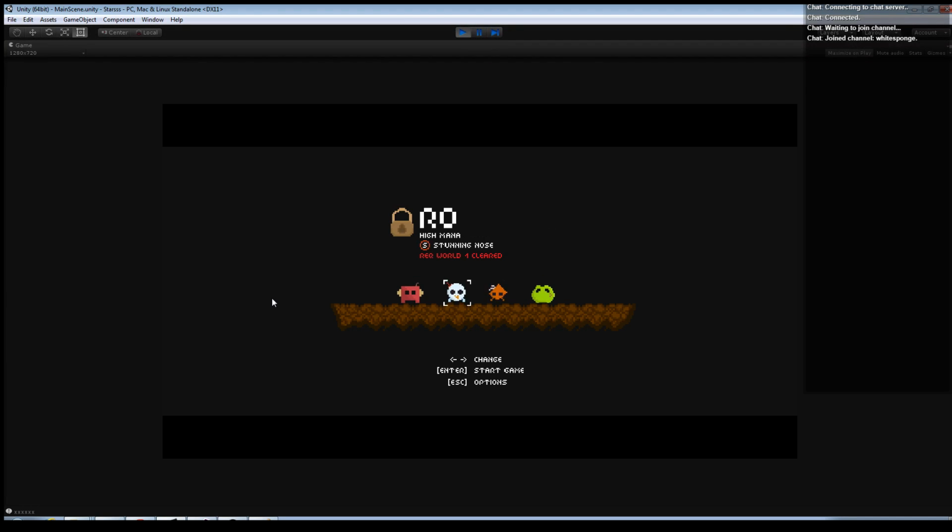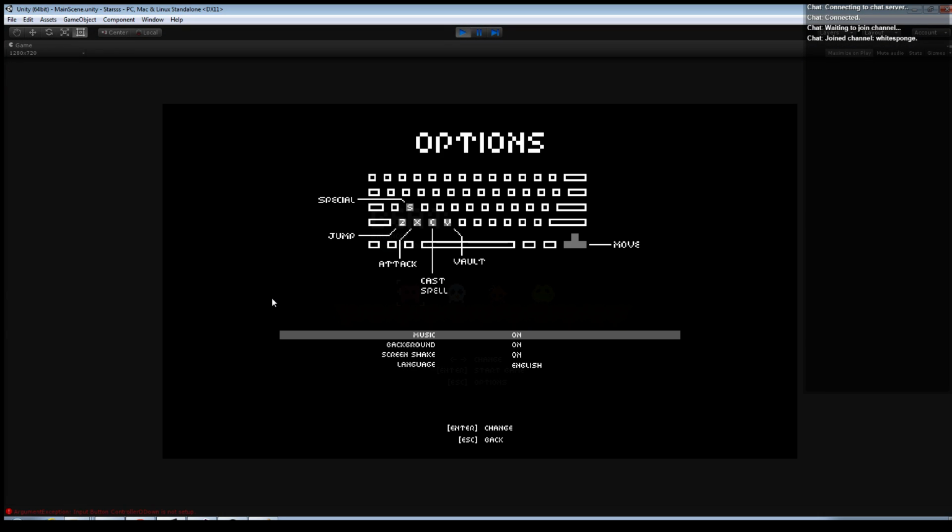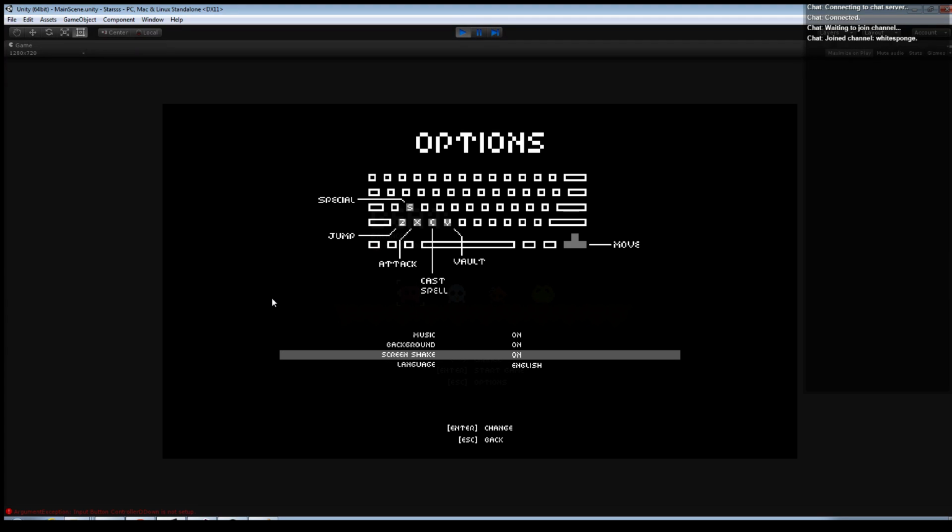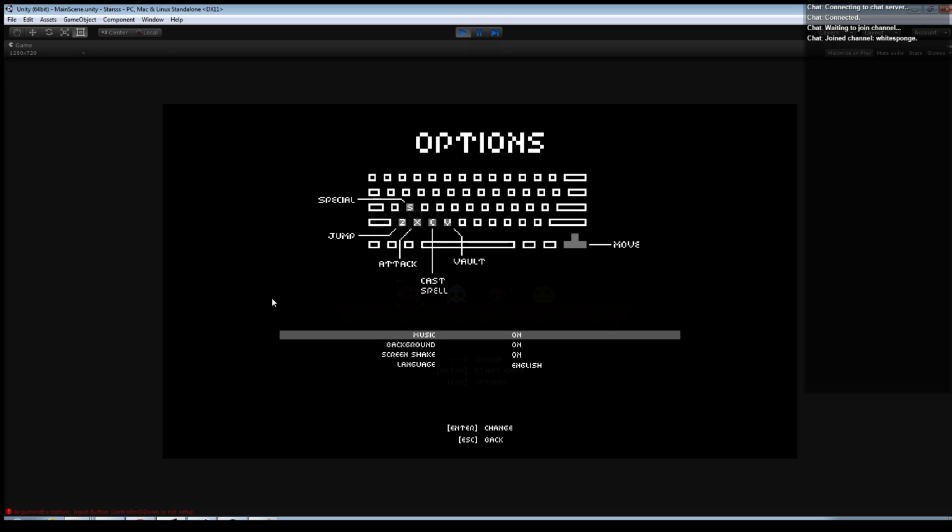You can move left or right to change your selection or which character you want to play as in this current run through. Or you can press escape to go to the game's options, where you can turn on and off the background music, the screen shaking, and currently